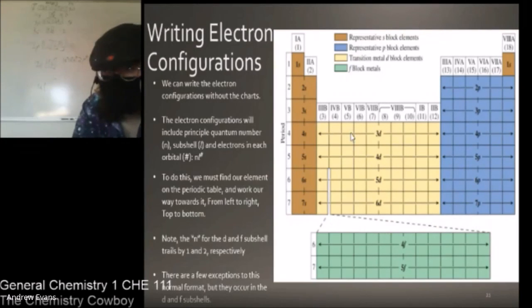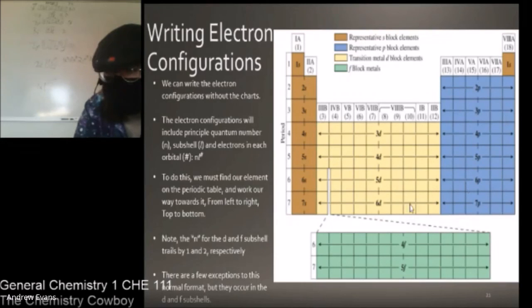Now, the only thing to note is because we go 3s, 3p, 3d, this is a 3d orbital. But we don't access it until row 4, because that's when the transition metals start showing up. So you'll notice that in the periodic table over here, I've written row -1. As you work your way across, you'll have 4s, then you jump to 3d, back up to 4p. When you're working on row 5, it's going to be 5s, 4d, 5p. Row 6, 6s, 5d,